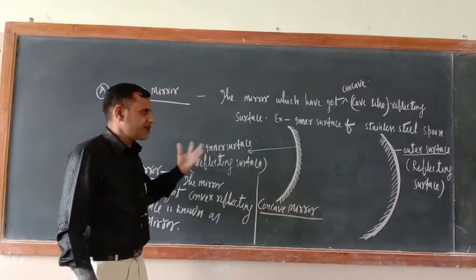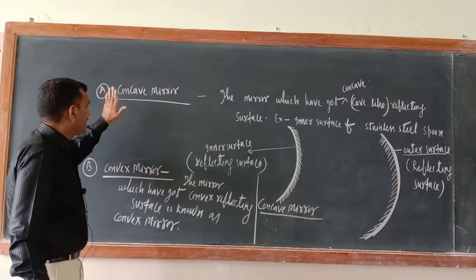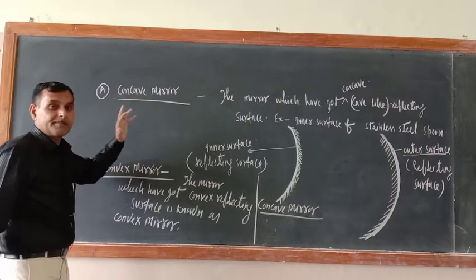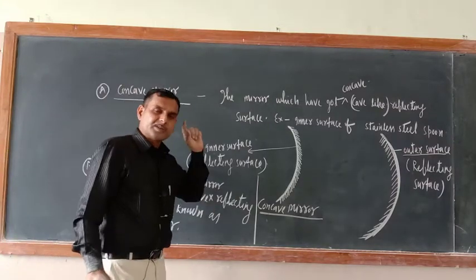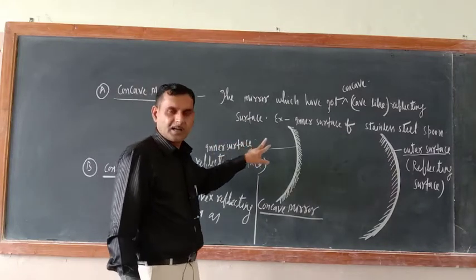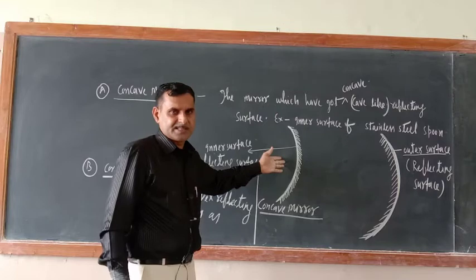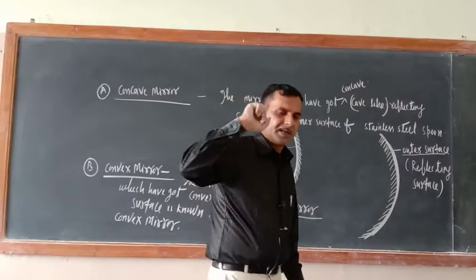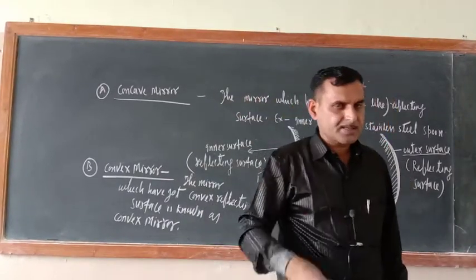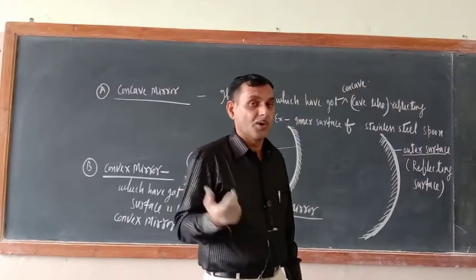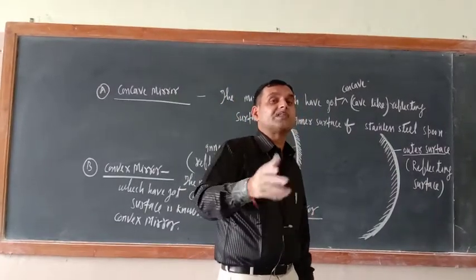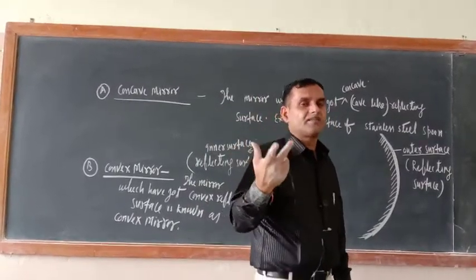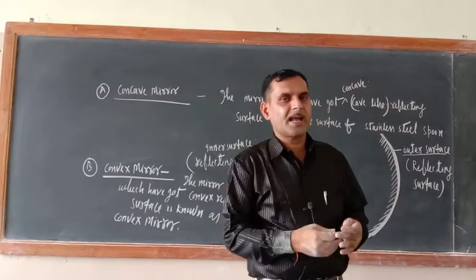So one by one we'll teach. Now first try to understand. First we'll discuss the characteristics of image formed by the concave mirror. So just remember, the reflecting surface of concave mirror is cave-like. Inner surface is the reflecting surface. Now try to understand. Do one activity. Since you are not in the class, who will assemble all those things which are required to perform an experiment? Nevertheless, you are staying at your home, so I am suggesting you can do one activity. Just try to understand.